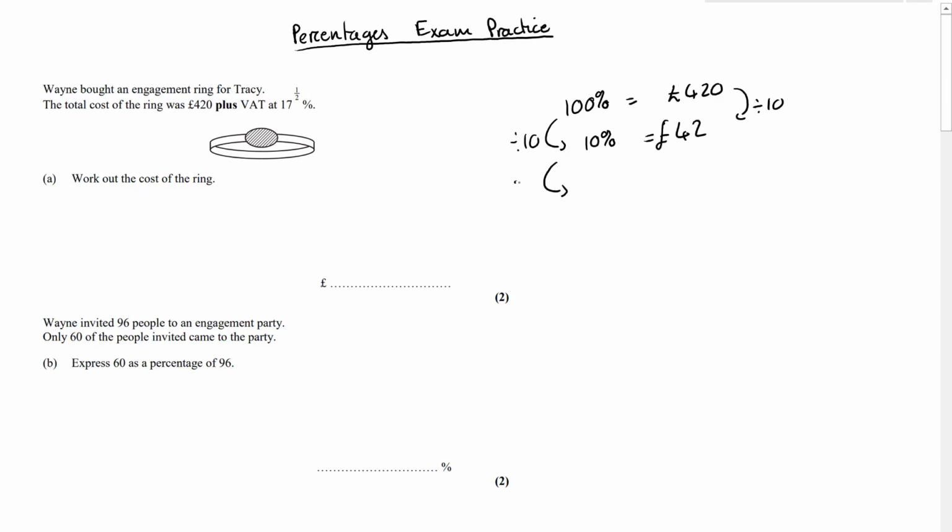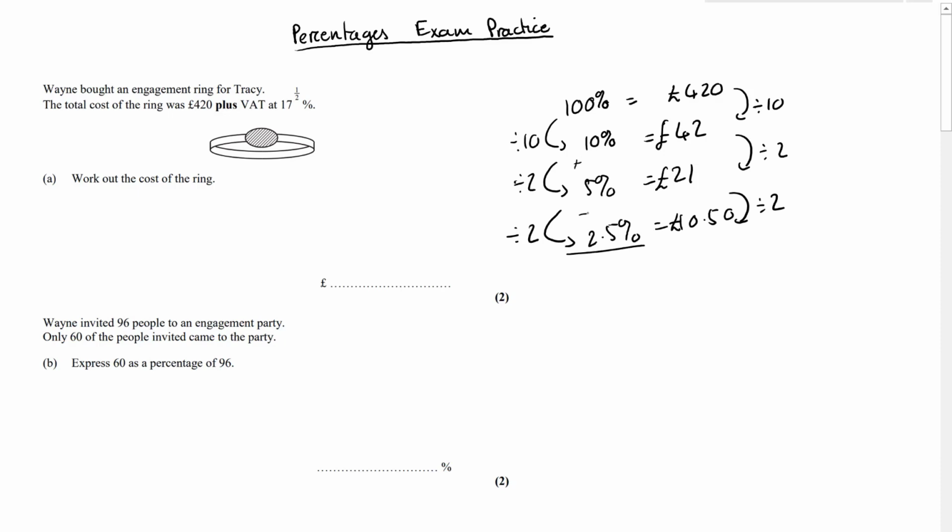Then we might want to know what is 5% by dividing by 2 on both sides. So 5% would be £21. And then we might want to know what is 2.5% by dividing by 2 on both sides. And half of this is going to be £10.50. And so if we wanted 17.5, we said in the revision video that we'd add the 10 plus the 5 plus the 2.5,